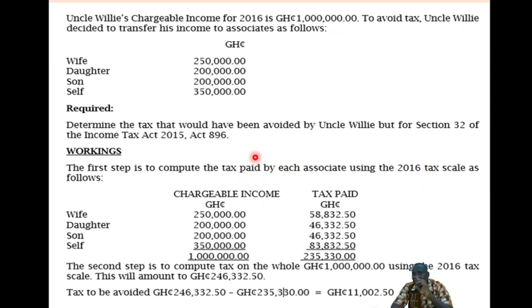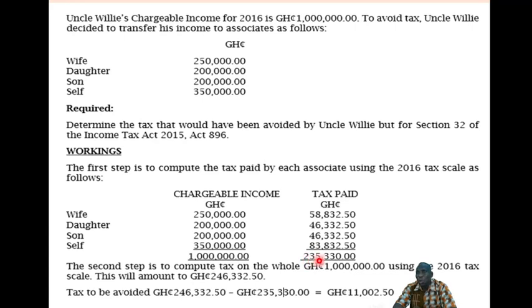In this question, for example, they will give you the tax scale for that year, and then you use the scale to compute tax on 250, 200, 200 again, 350, using the graduated rate. So students must know how to use the graduated rate to compute tax on the chargeable income when it's pay as you earn. We'll be learning that when we are doing employment income. When you use the scale, these are the various taxes that each of them will be paying. Meanwhile, you'll be surprised that the wife doesn't even come to the place, but she is also the deputy MD.